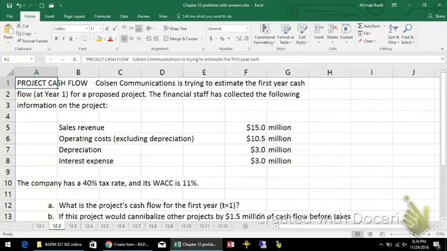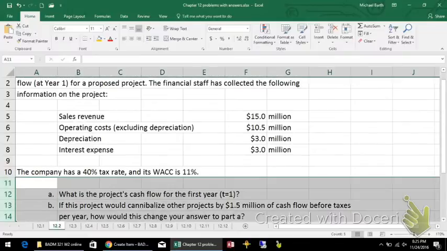This is problem 12.2 from chapter 12 of Brigham and Houston's Fundamentals of Financial Management, Concise, 9th edition. And here we're being asked to calculate the after-tax operating cash flow for year one of a proposed project. To calculate that, the basic formula that we're looking for to get the after-tax operating cash flows,